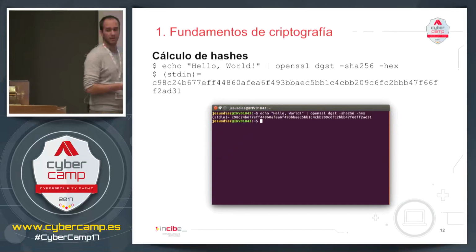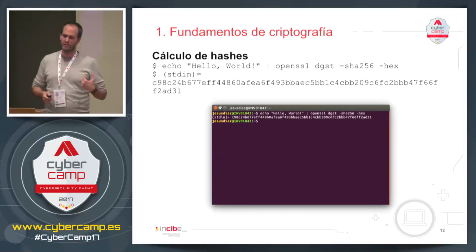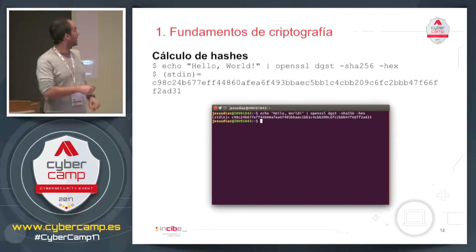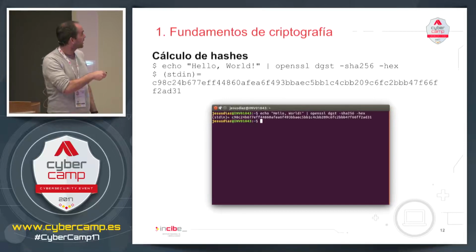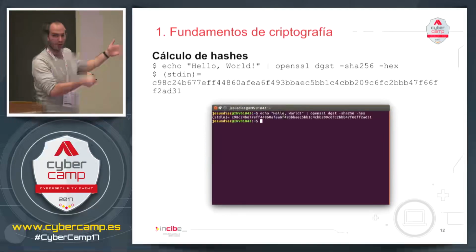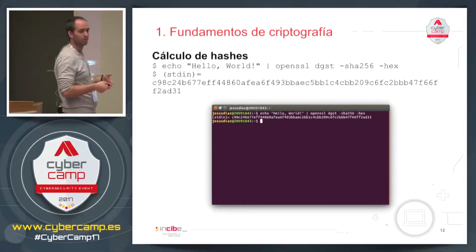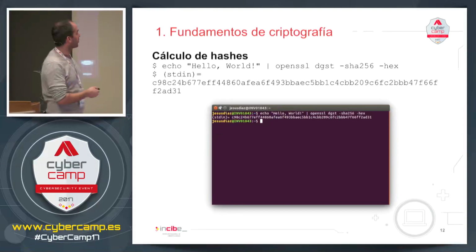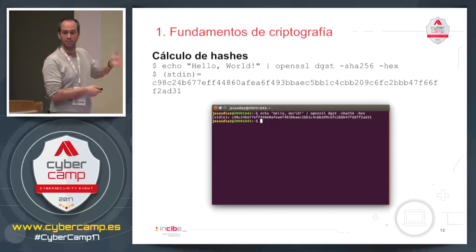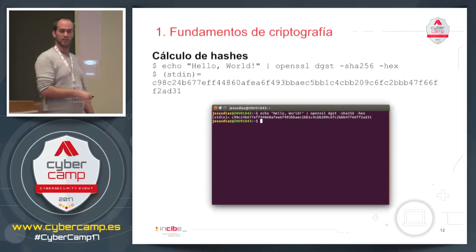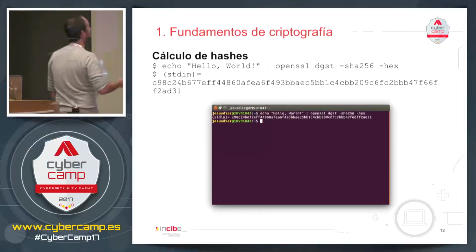But I told OpenSSL, well, I could ask to read the file with -in. OpenSSL dgst, -in, and the name of the file of the element that I want to hash. But I'm very slow, so I have a pipe with OpenSSL. This is the entry. Get it out from what I'm telling you.